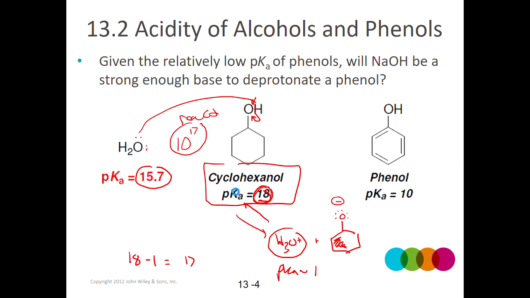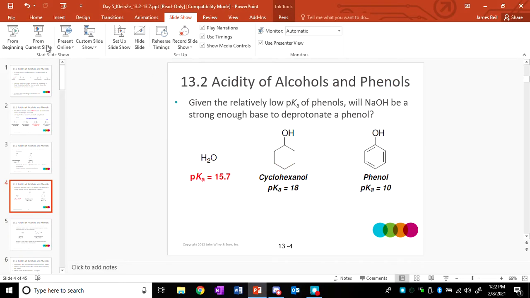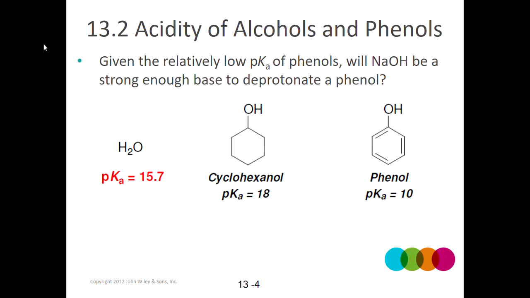Specifically, it means that NaOH is not strong enough of a base to deprotonate the cyclohexanol, but it is strong enough to deprotonate the phenol. Right? So let's take a look at that. If I add OH minus from NaOH, the negative charge picks up this proton, and the electrons stay behind there. That would produce the conjugate base of the cyclohexanol